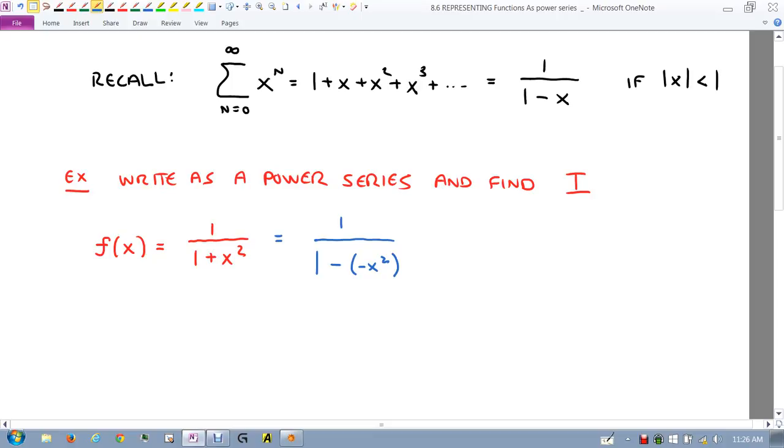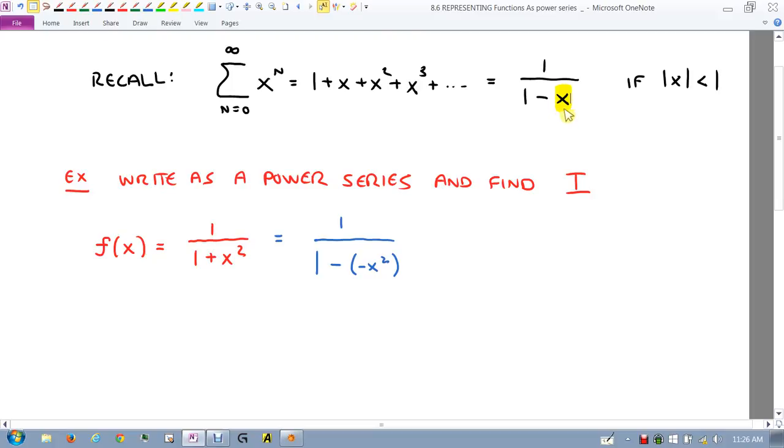that. Do you agree that's the same thing? Right? You square the x, then you make it negative, then you subtract it. If you did that, you get this, wouldn't you? Yeah? And so now, coming back up here and looking at this geometric series and looking at the right side here,